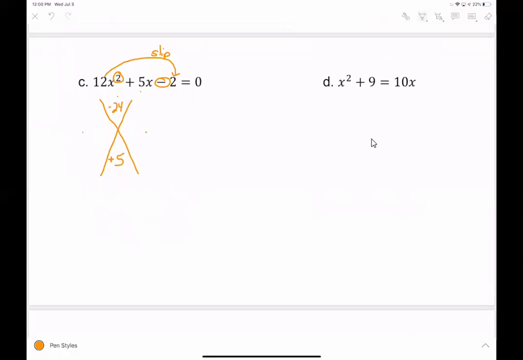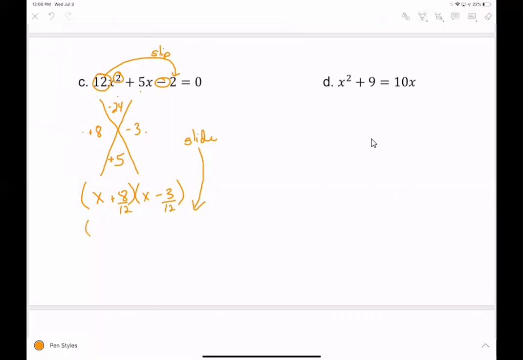Those 2 factors are going to be a positive 8 and a negative 3, because 8 times negative 3 is a negative 24, and then 8 minus 3 is 5. So we're going to place, that should be a positive 8. We're going to replace those 2 factors in our parentheses, and then we are going to slide the 12 underneath,